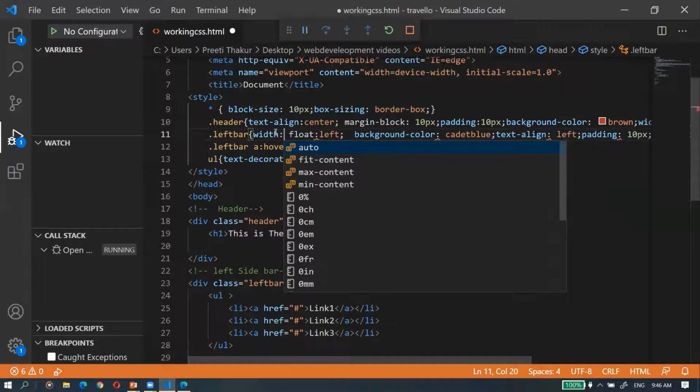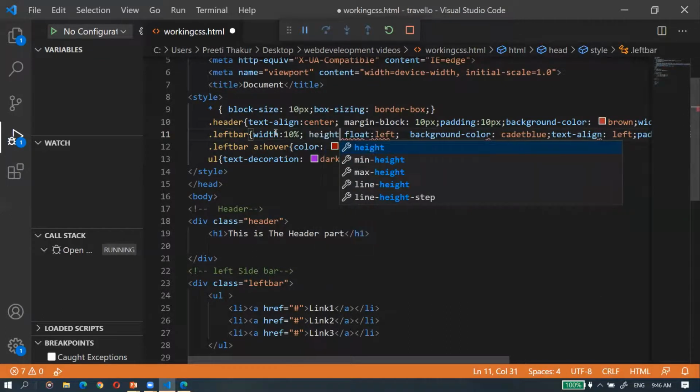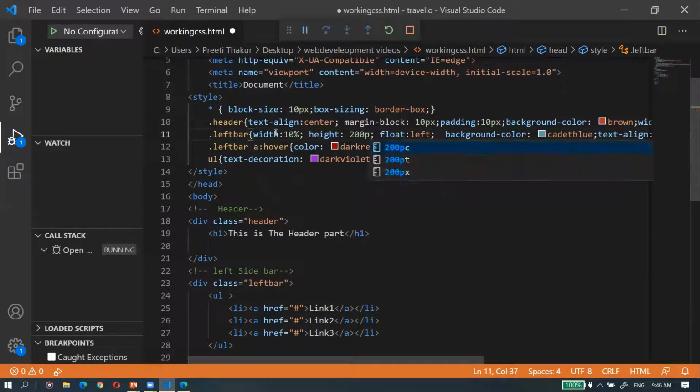So width I'm going to set as 10% of the whole screen, and then I'm setting the height of it. Height I'm setting to 200. Okay.